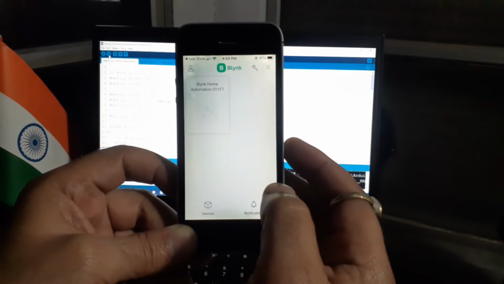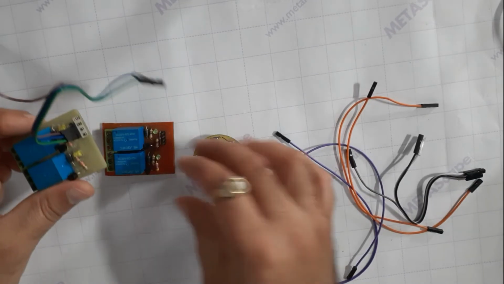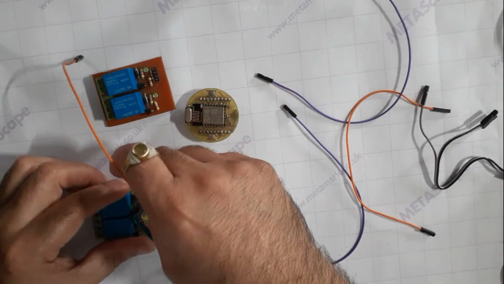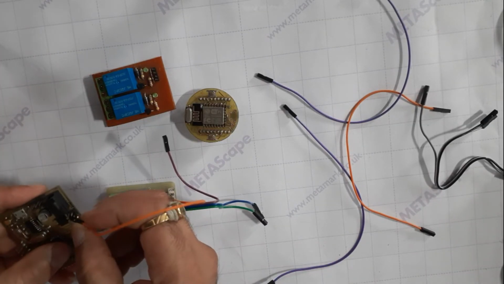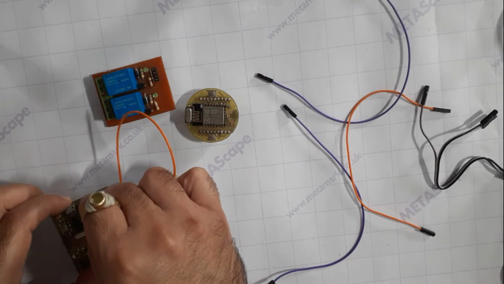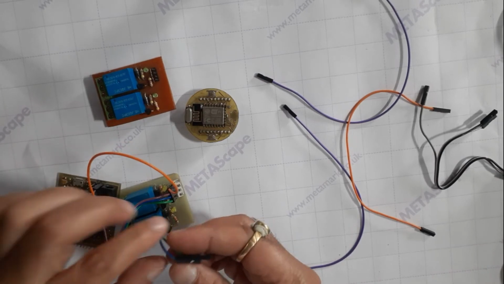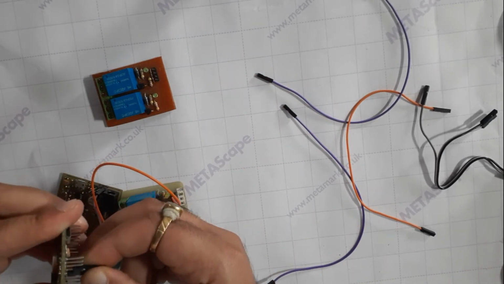So now we need to interface the hardware with Notify Wi-Fi board. We take a 2-channel relay board and it has 4 pins: 12 volt, ground, first input and second input pin for connectivity to the Wi-Fi board. I am using another customized board for external power. So we take 4 connecting wires and connect them to the relay board. Now connect relay's 12 volt to 12 volt and ground to ground of external power board. Connect first input and second input pin to Notify's D6 and D7 pin.